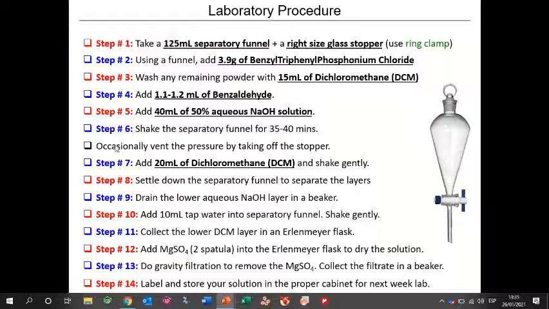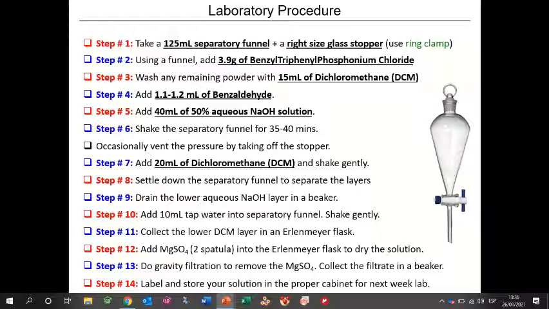As you can see here, occasionally you need to vent the pressure by taking off the stopper. This is very important when you perform any separation or synthesis in a separatory funnel, because eventually the gases are going to increase the pressure inside the funnel, and you need to release that pressure by taking out the stopper of the funnel. Step number 7 is to add 20 milliliters of DCM and then shake